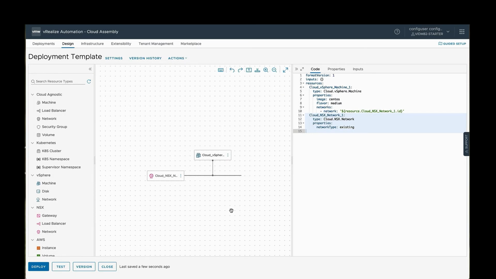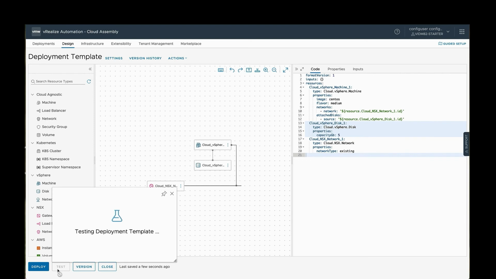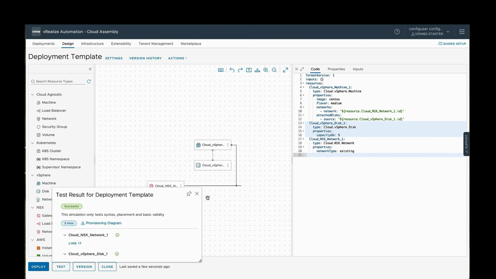But of course, we'll want to add storage to this blueprint as well. So we'll go ahead and drag a vSphere disk over. You'll see again, it starts to populate our infrastructure as code. We can set the capacity that we want in gigabytes. I'll say 5, and then I'll associate it to my vSphere machine, which tells vRealize Automation that when they deploy this template, they also need to deploy a vSphere disk and attach it to this particular vSphere machine that lives on this NSX network. I'll go ahead and click Test again,